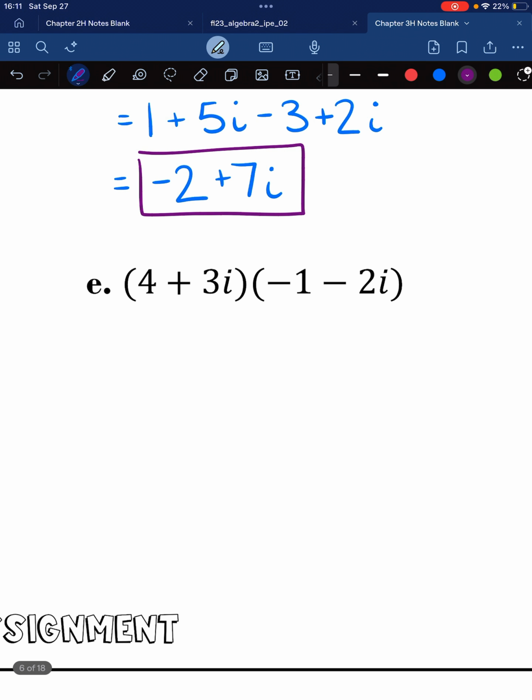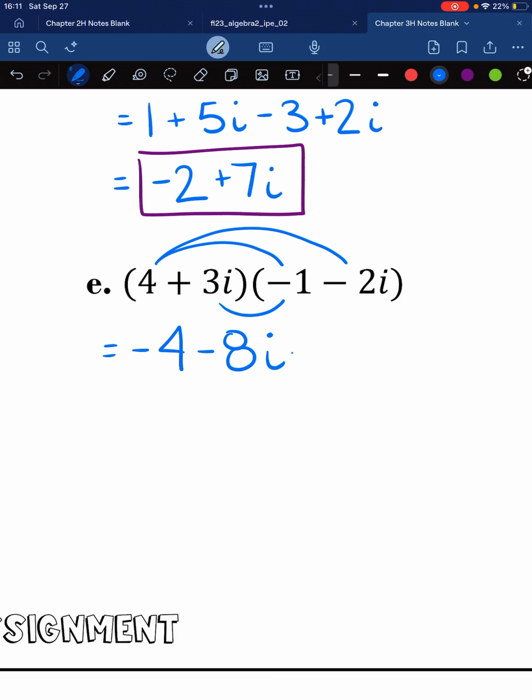We're doing it. We're so excited. Okay, a nice foiling problem. So distribute everything here. So negative 4 minus 8i minus 3i minus 6i squared. Oh my goodness, negative 4. I'm going to go ahead and combine those like terms. So we end up with